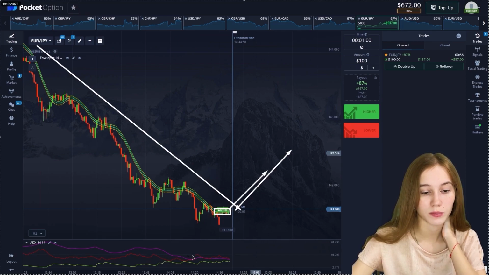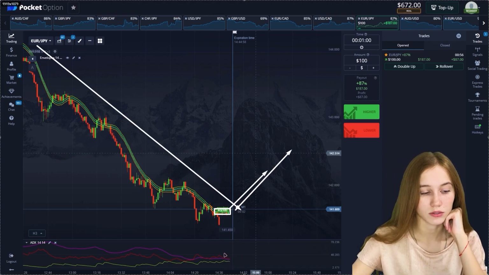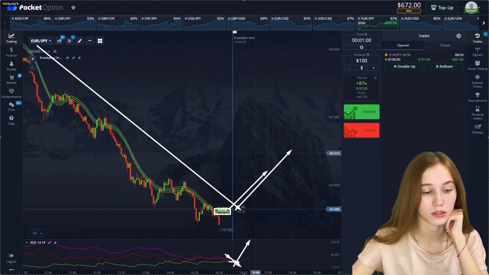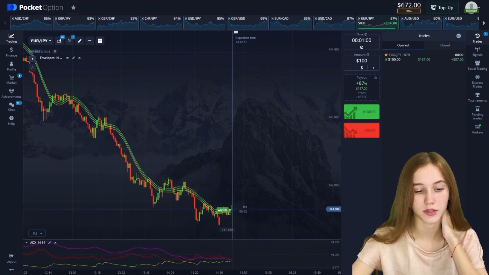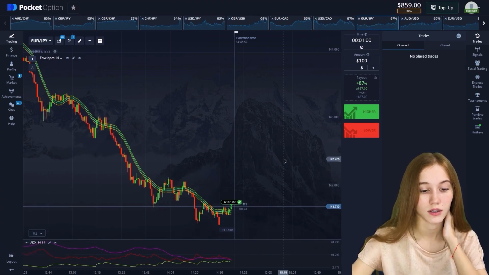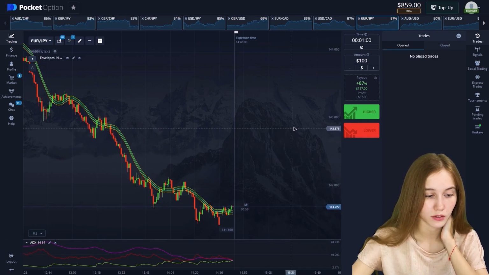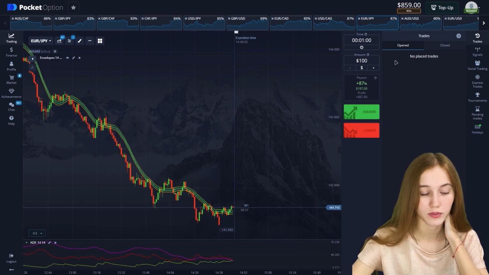What we see from the ADX indicator, the intensity begins to drop but remains stable. The red indicator begins to fall, and the green starts to level out. In the future, there will be an intersection and a change in trend. There is a second left until the end of the deal. Profit is $87. Yeah, good. So our balance is $859, and let's move on to the last